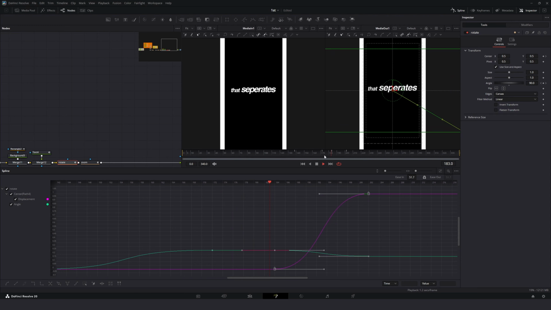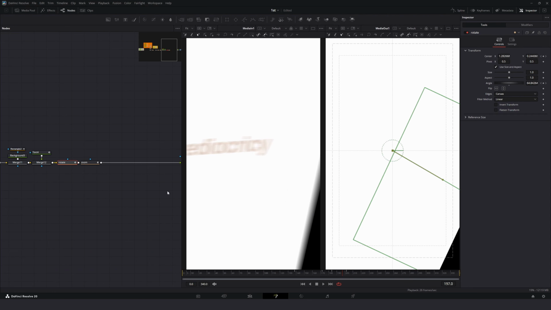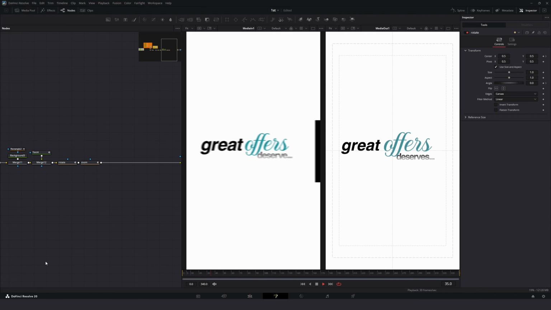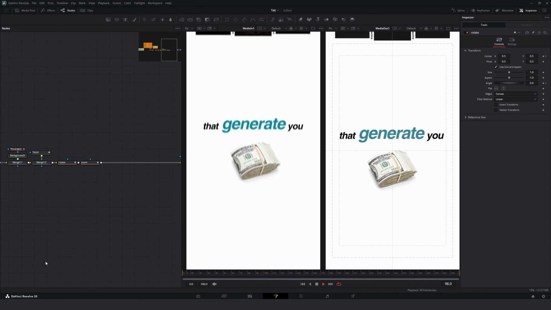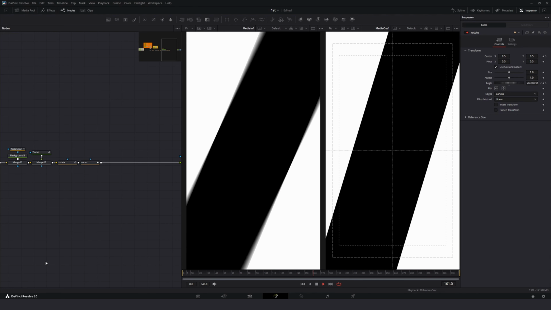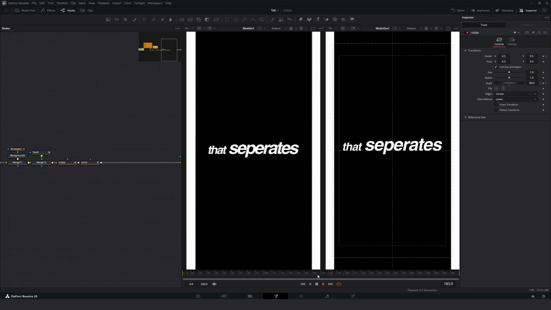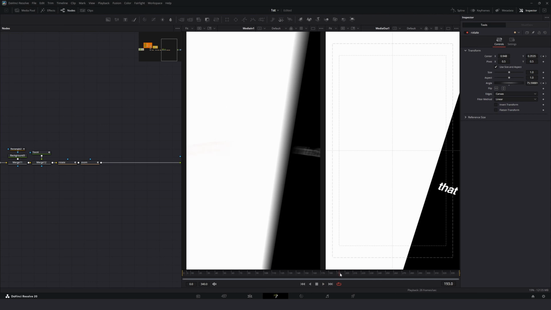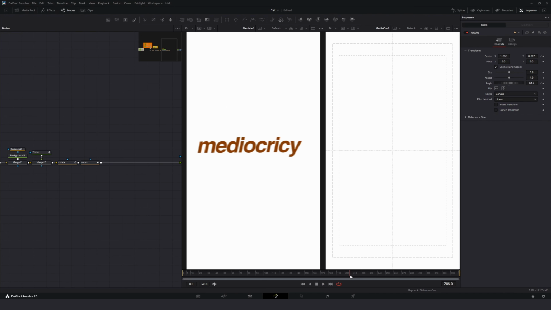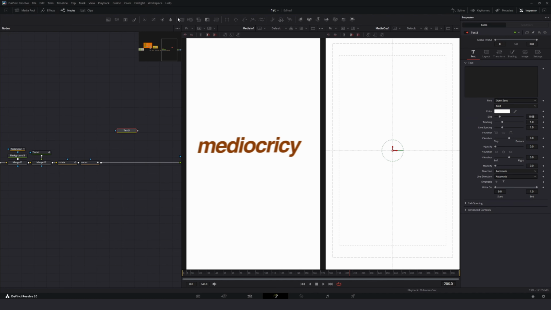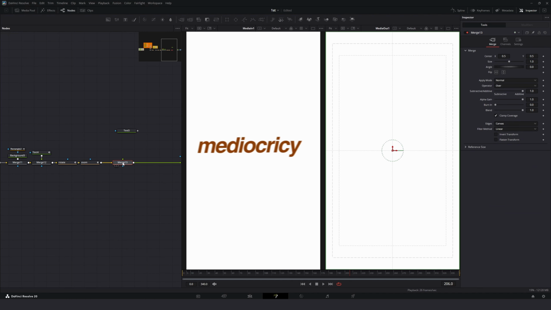I think 51 is good. So we created this. Okay. So our animation is now smooth, and now we'll have to drag a text node and another merge node,